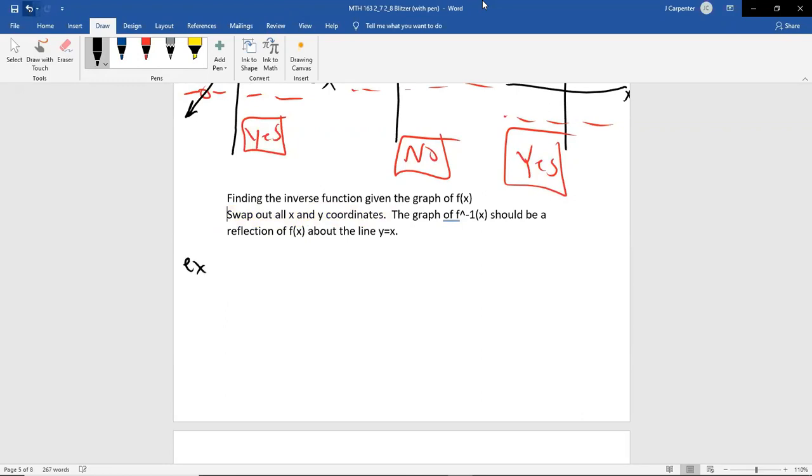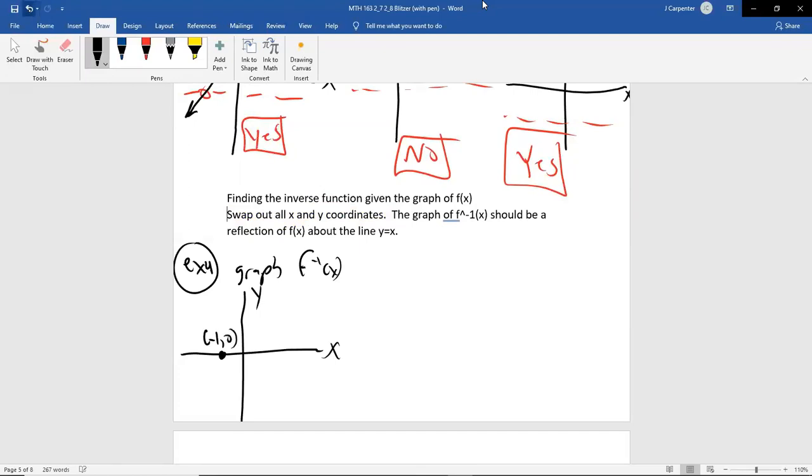All right, example 4. Graph f inverse of x. And we're only doing one of these. So what I'm going to do is give you the graph, obviously, of the regular function. And I'm going to give you 3 points. I'm going to have a point here, and that point is going to be (-1, 0). I'm going to have a point down here. This point is going to be (-3, -2). And then I'm going to have a point over here, which I'm going to say is (4, 2). And I could hash mark these off, but this is our original f of x.